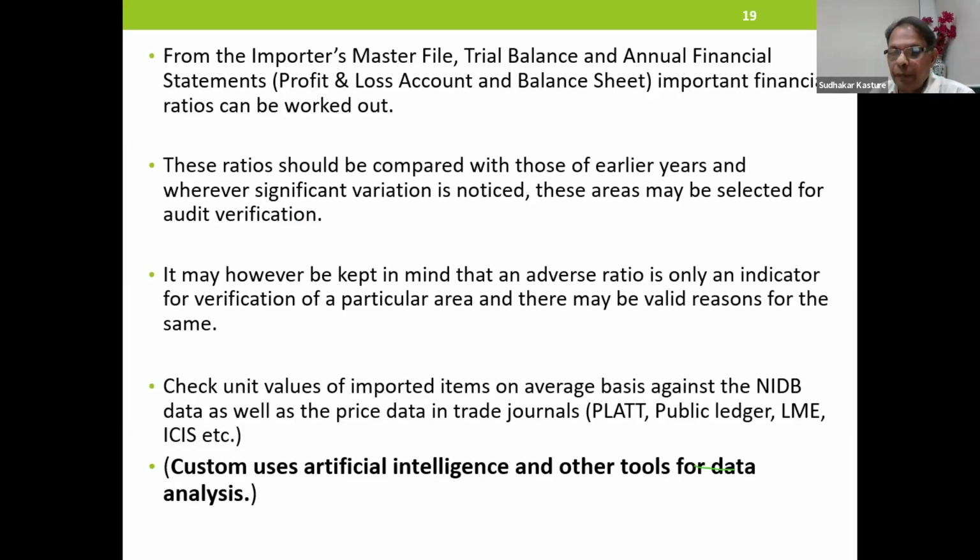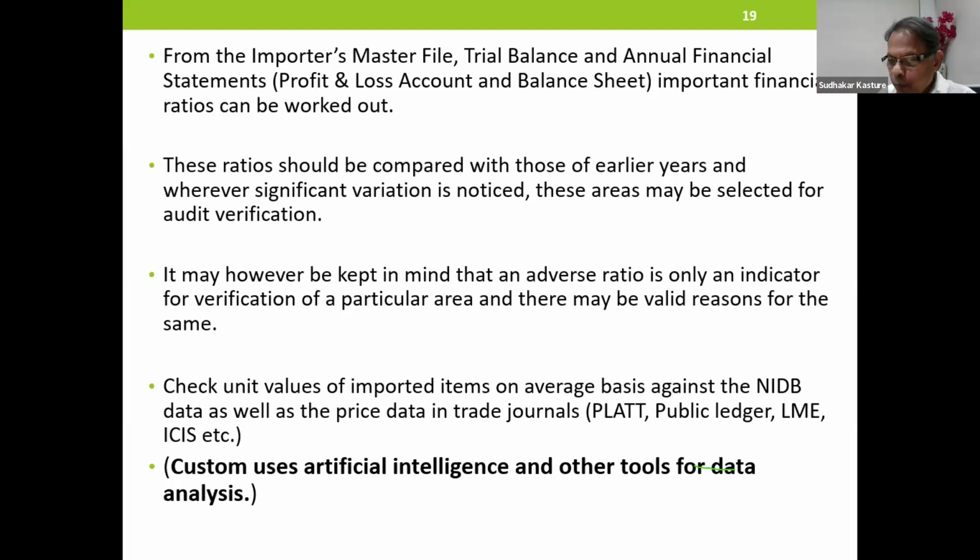It may, however, be kept in mind that an adverse ratio is only an indicator for verification of a particular area, and there may be valid reasons for the same. For example, post-Iran war, change in the freight, change in the insurance values. Definitely, government also knows. So it is not going to impact you as long as you have proper documents with you.